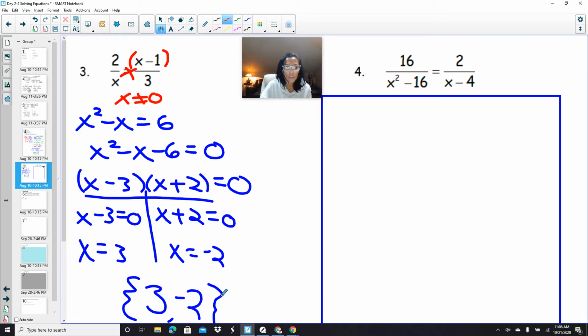because we want to make sure that when we state our solutions, it doesn't conflict with an undefined value. If it does, we have to reject it. And we call that an extraneous root, like an extra solution. Okay,